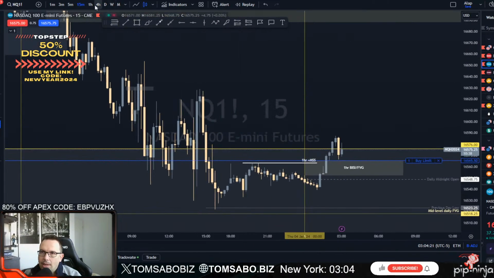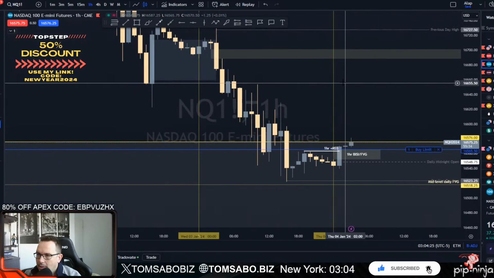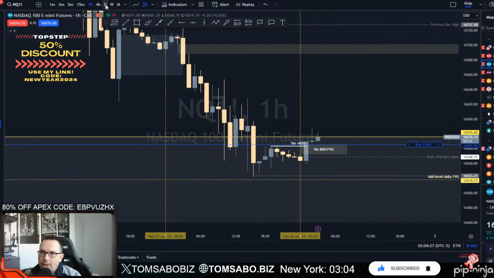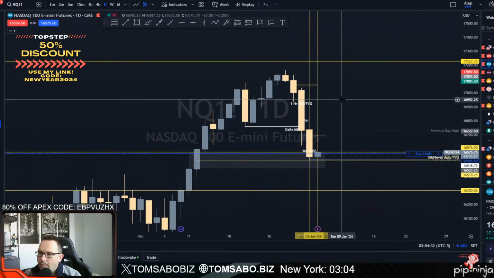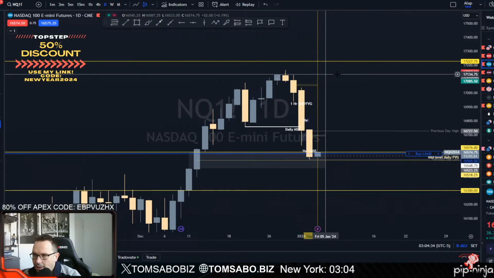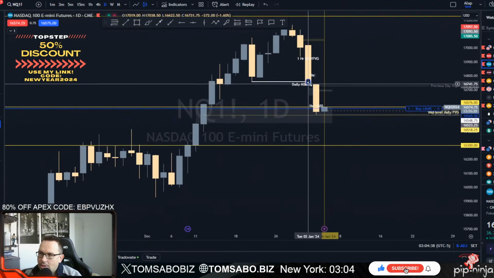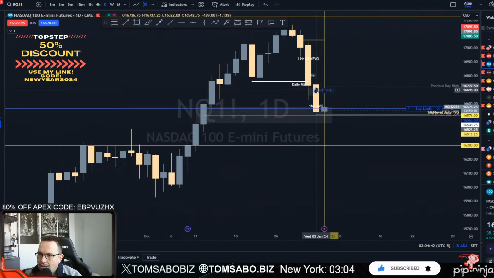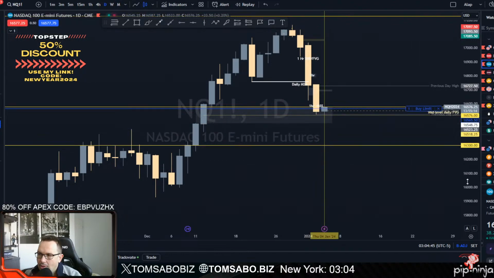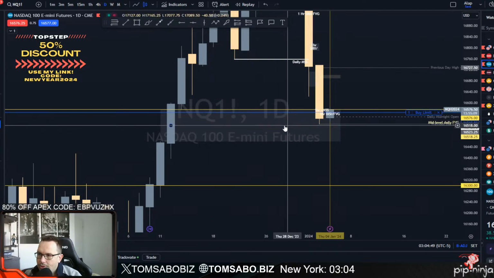All right, so anyway, let's look at the big picture while we're waiting for this trade to get tapped in. If you look at the daily, let's talk about the daily chart. I'm going to delete this line for now. So if you look at the daily, a market structure shift happened on Tuesday. And then yesterday we dipped lower, and how interesting and how convenient, almost down to the mid threshold of this